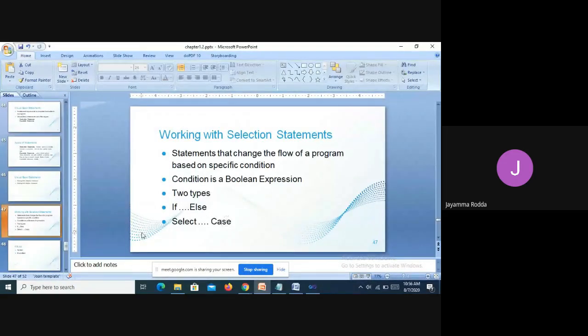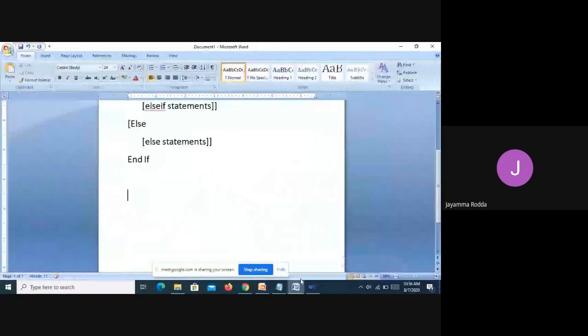Let us first discuss the select case statement. What is a select case statement? We are very much familiar with this statement.